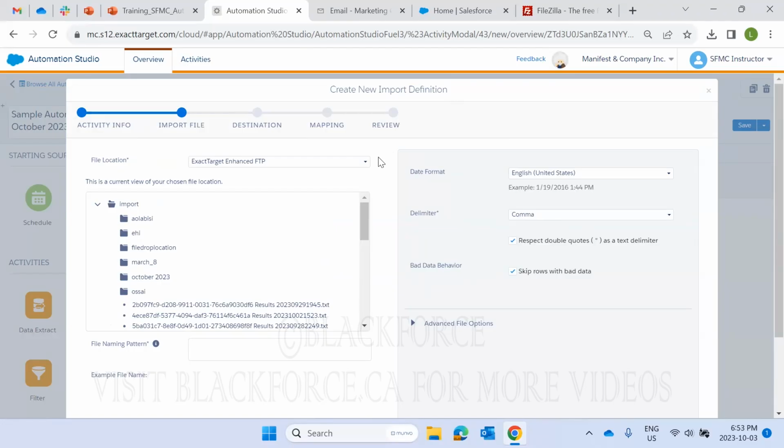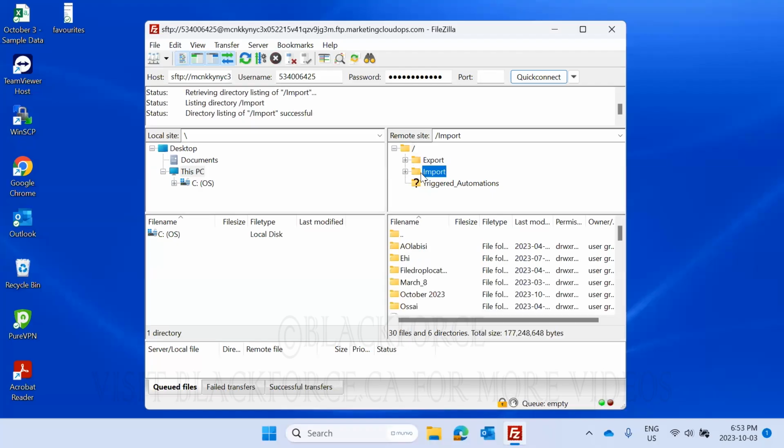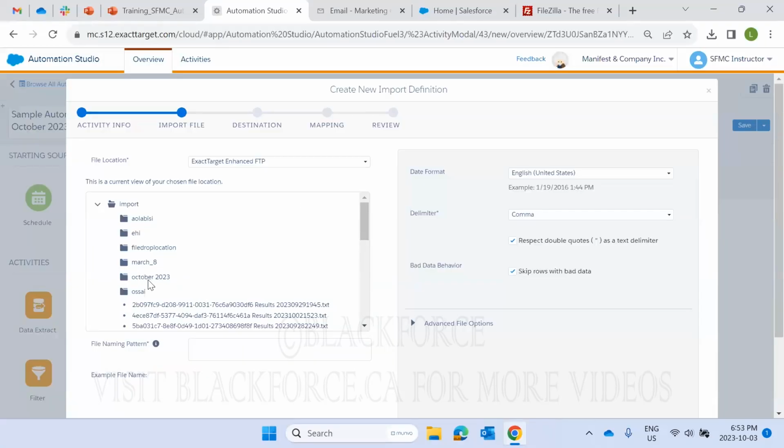So now we have to specify, by default, the file location is usually the Exact Target Enhanced FTP. Okay, so that's good. And now we are able to see the subfolders under the import directory. So we're able to see these folders. So these are the subfolders. So we're able to see them here. So what we want,